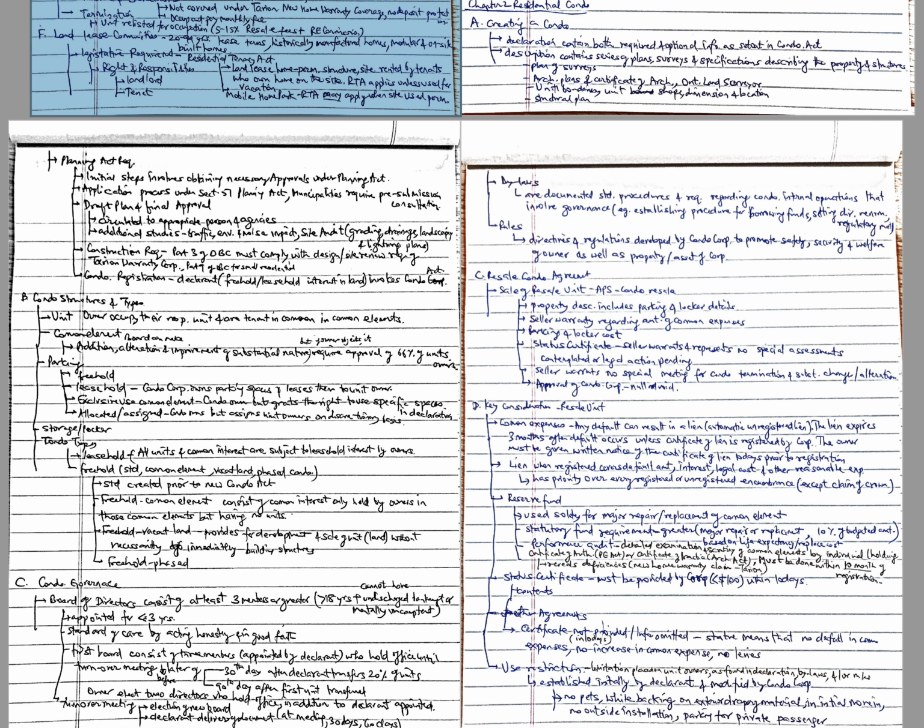Common element. The common element consists of all property within the condominium corporation except the units. The clear delineation of units versus common elements is essential. The board of directors may make an addition, alteration, or improvement to the common elements without the owners' approval, unless the owners requisition a meeting and vote against the proposed work. Addition, alteration, and improvement of a residential nature requires approval of the owners who own 60% of the units.